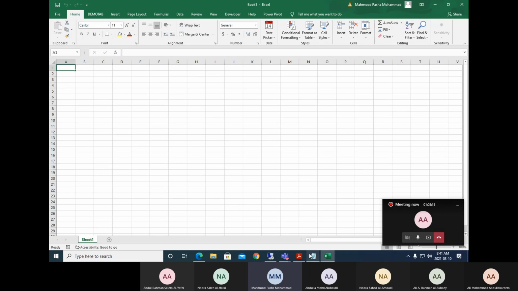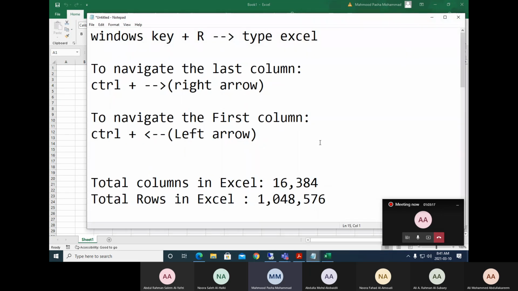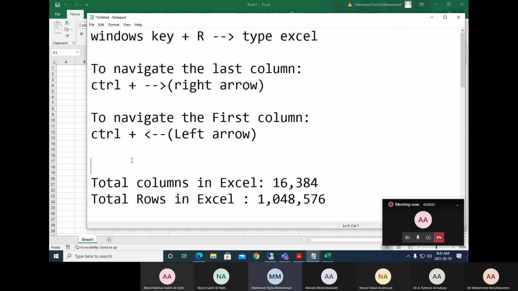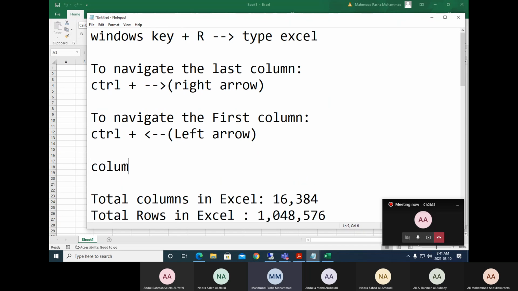Generally in our Excel, the total number of columns is 16,384. These are the number of columns and these are the number of rows. How are the columns termed? Columns are termed as alphabets.